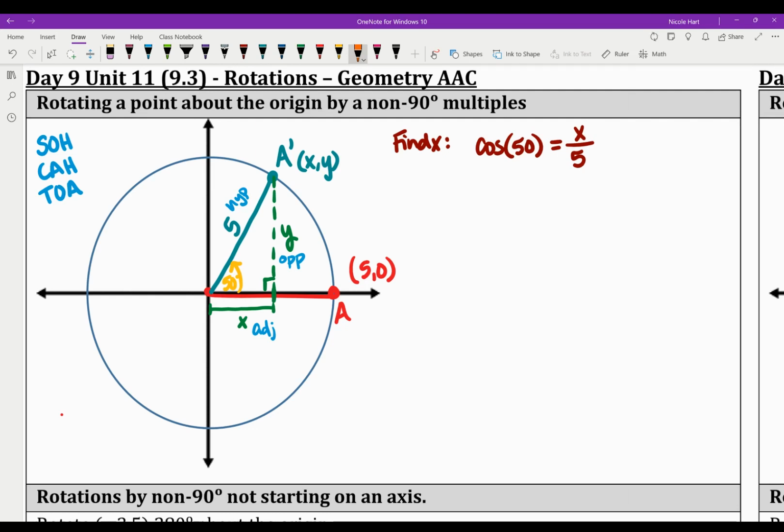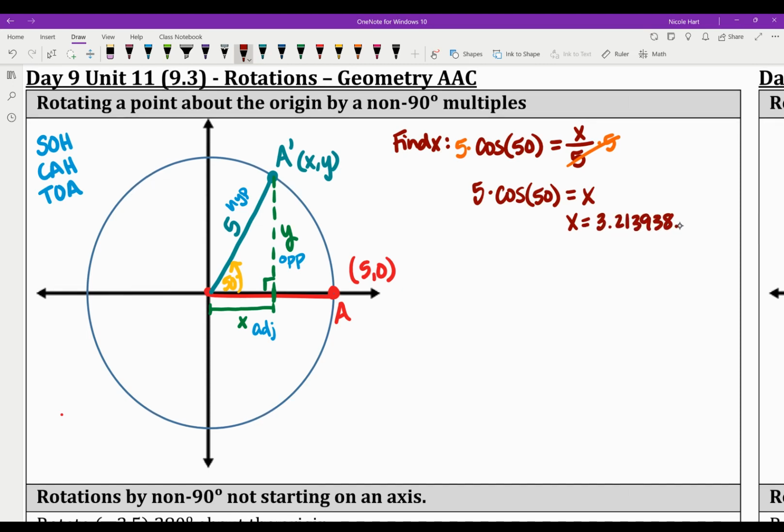And we have been doing trig for several weeks at this point, so you might not need quite as many baby steps, but we're going to multiply both sides by 5 so that we can get x by itself. And so in our calculators, after we have double checked that we are in degree mode, we are going to do 5 times the cosine of 50 to give us x. So 5 times the cosine of 50 in my calculator gives me x equals